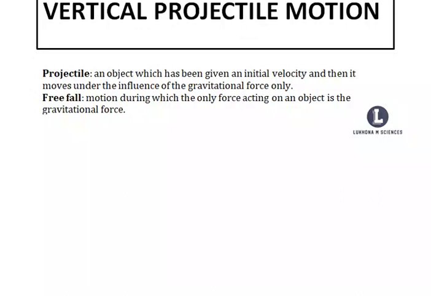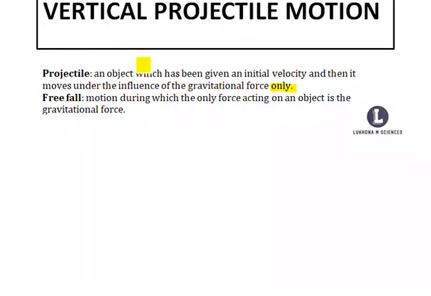So every term here is very important. If you miss this, you get 0 out of 2, right? So the projectile is an object that is given an initial velocity, and then it moves under the influence of